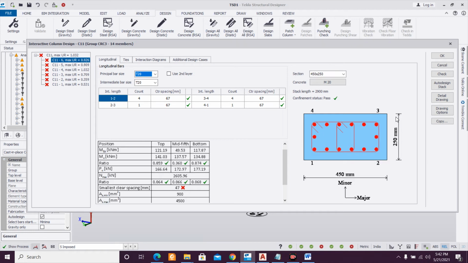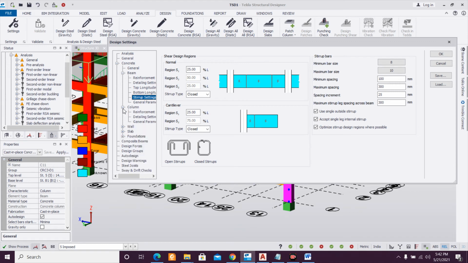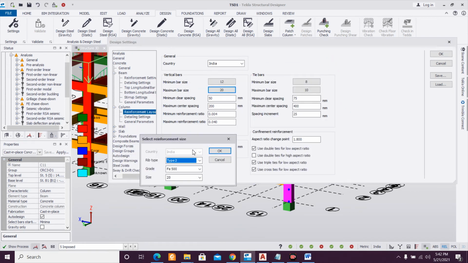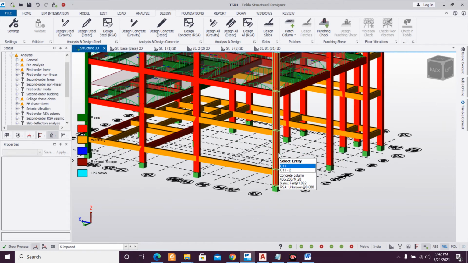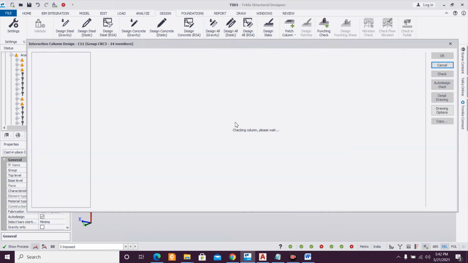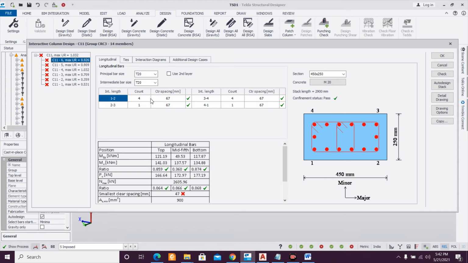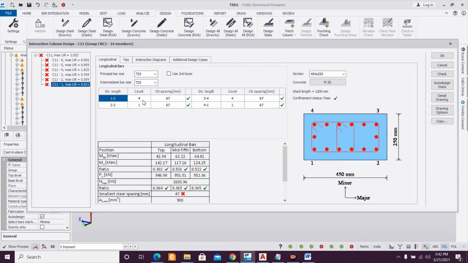So now definitely I have to increase the size, but before that let me go to the design settings and change the maximum bar size. I'll not keep this at 20, I'll make this 32 mm. Click on OK, and I'll right click and go to interactive design once again. This time I'll make the bottom one safe, because if the bottom one is safe, then the others will also be safe.